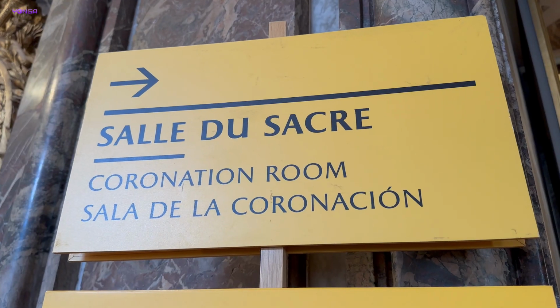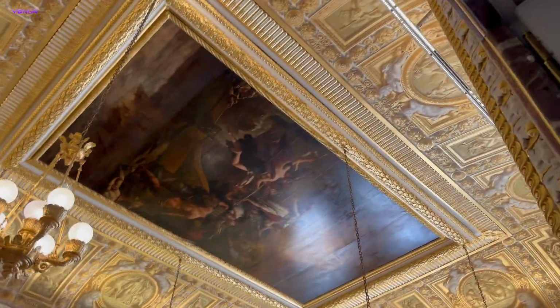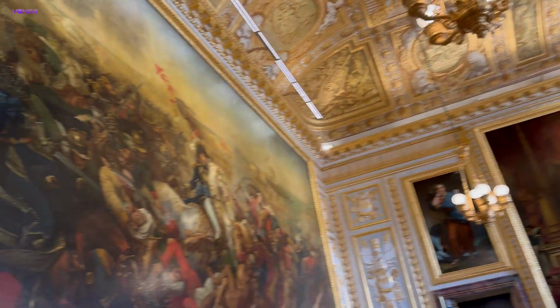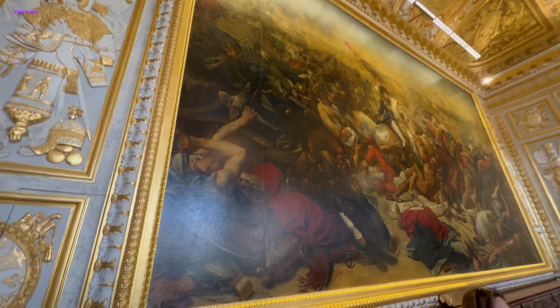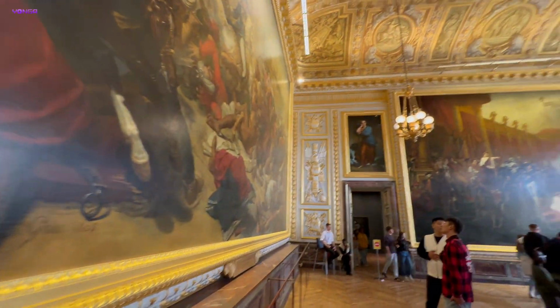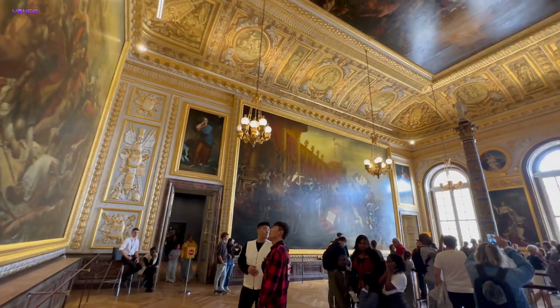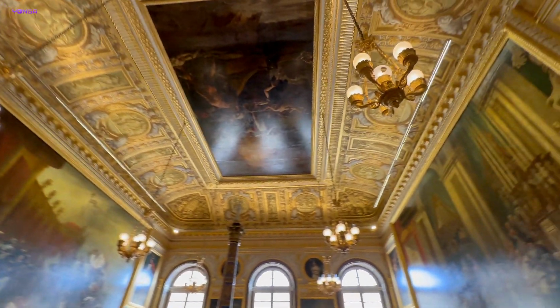The coronation room. The coronation room at the Palace of Versailles, officially known as the Coronation Room of Napoleon, is dedicated to celebrating Napoleon Bonaparte's coronation as Emperor of the French. Located in the northern wing of Versailles, the room is not part of the original design by Louis XIV, but was later transformed by Louis Philippe in the 19th century as part of his conversion of Versailles into a museum